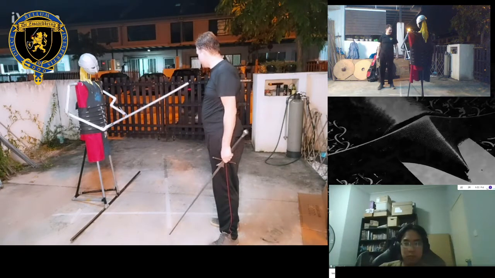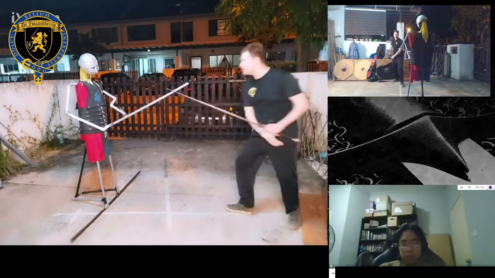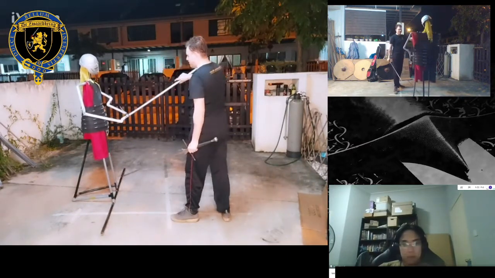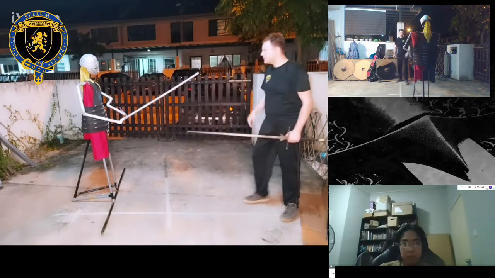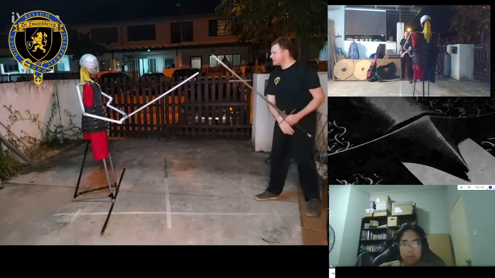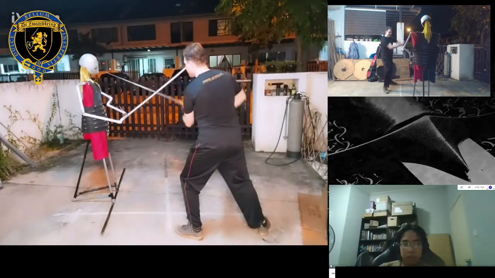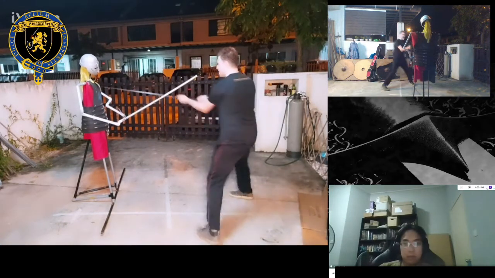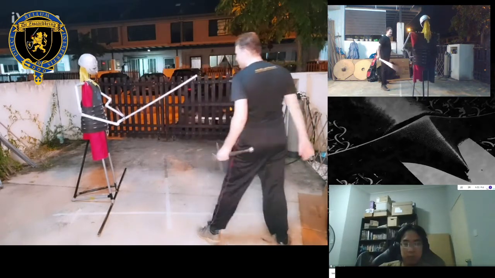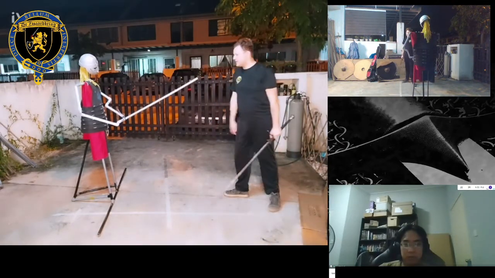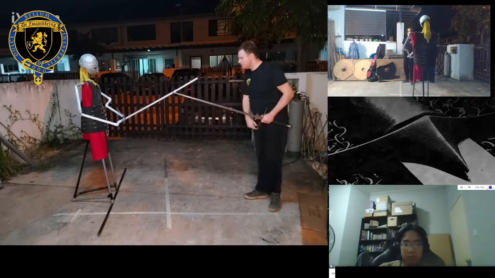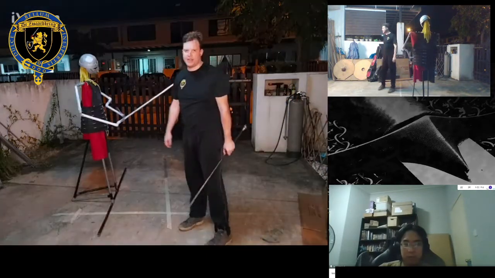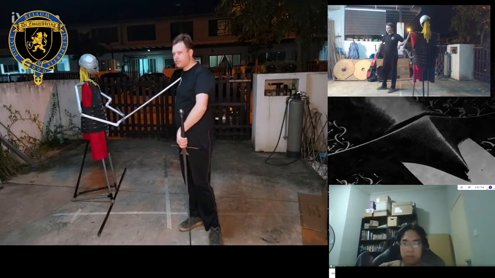So yeah, I can just lunge in there with a forward step if he is attacking from really far. If he's attacking from a moderate distance, a diagonal step forward is fine. If he's just right in his measure, I should be able to get him with just a sideways step. And like I said, if he's really close, then maybe I need to back off a little to get my right measure in there. Clear?